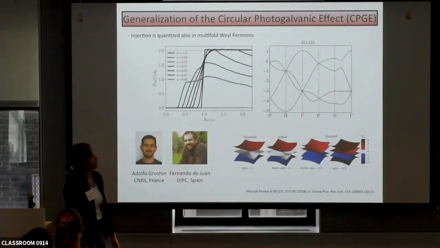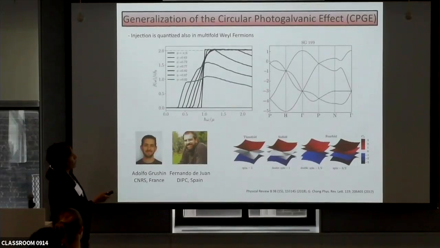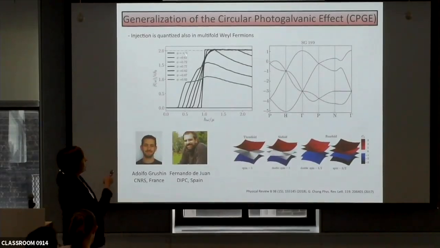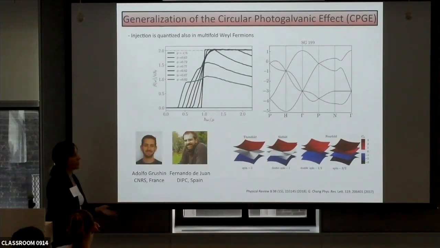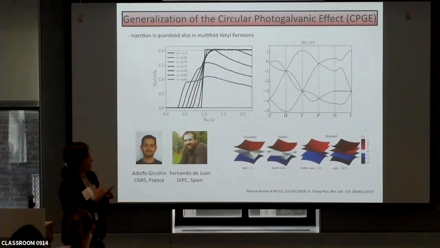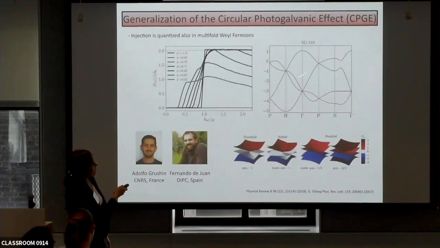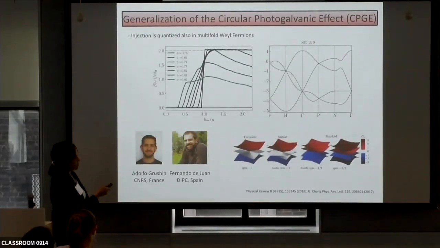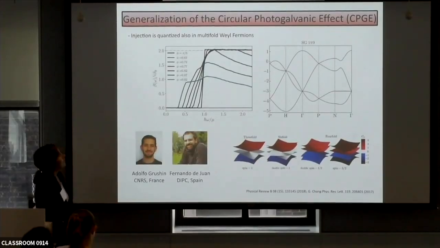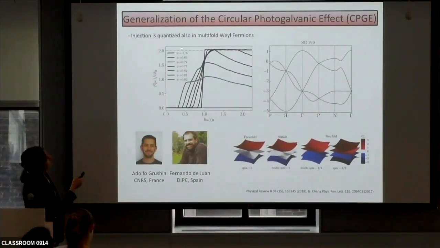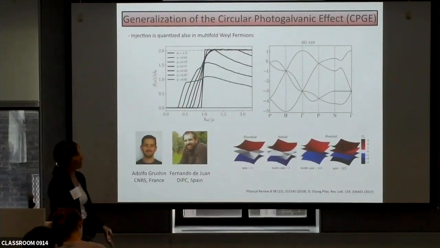for high-order nodal crossings. So considering a k·p Hamiltonian from our original paper, we simulate the CPG for a band structure such as this one. The k·p model depends on one parameter that actually describes the shape of the bands. Because if we have two linear dispersions, it's easy, but when we have higher nodal crossings, the dispersion of the bands is important. So the response is going to be different, for example, if this band is completely flat or not. So what they prove is that for some values of the parameter, we can actually see the quantization in these